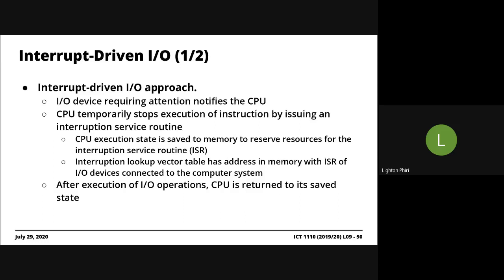So what the CPU needs to do here is save the current state, so the state of the registers and everything else, into main memory, right? Process the request, and then once it's done with that, it will retrieve the previous state of the CPU and then continue execution. The only difference here, again, if you compare this with polling, is that